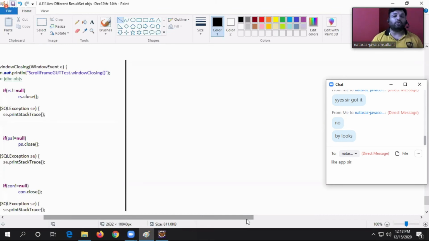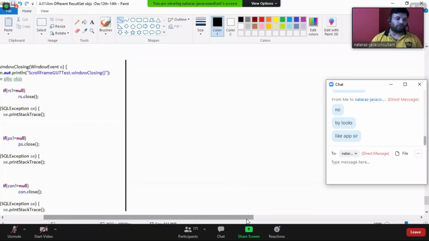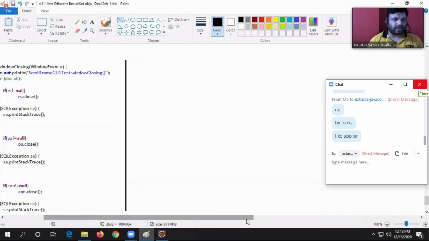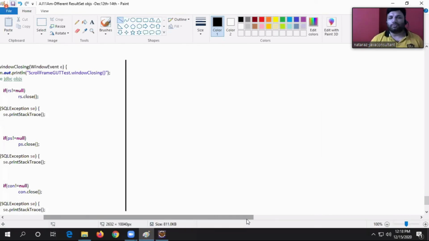So there is a tool called the javaw tool. This tool is very, very useful to make our GUI Java applications into desktop applications by providing icons. It's a built-in tool of the JDK, boss. You need not arrange it separately. Along with the Java installation, you will get it.